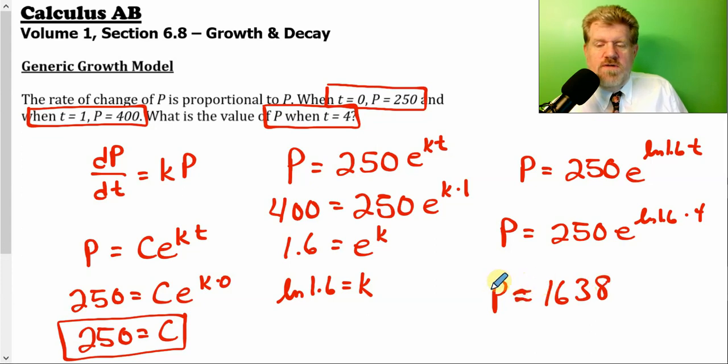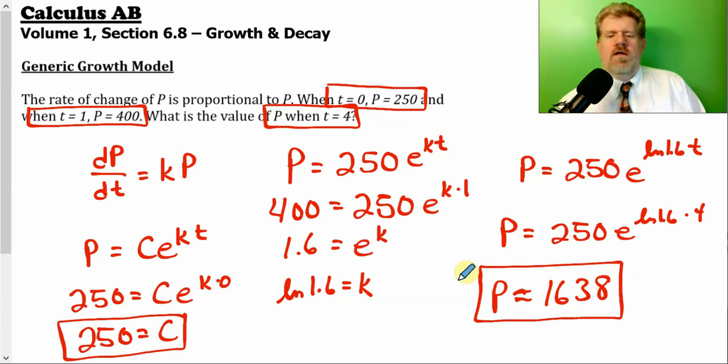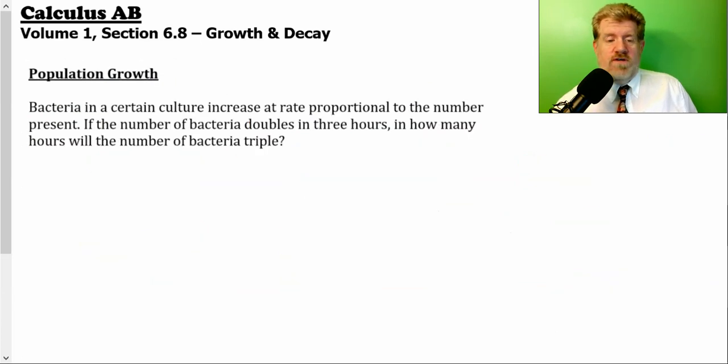There's a decimal involved, but I'm going to keep it as a whole number because I'm assuming my p is population, and so we're not going to have fractional people, we're going to have whole people. So assuming that this rate stays constant in time of 4, call it 4 days, 4 years, 4 months, there will be this much, starting with 250. So 2 steps. Find our initial starting value, find our constant of proportionality. Once you have the formula, we can do anything we want with it. For example,